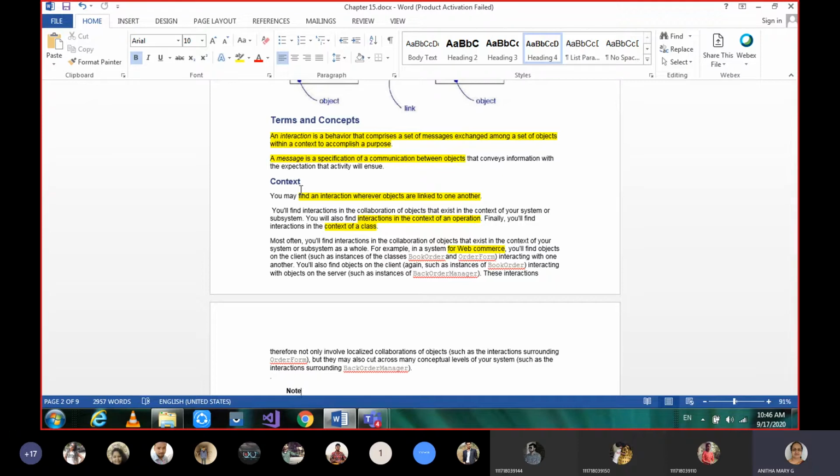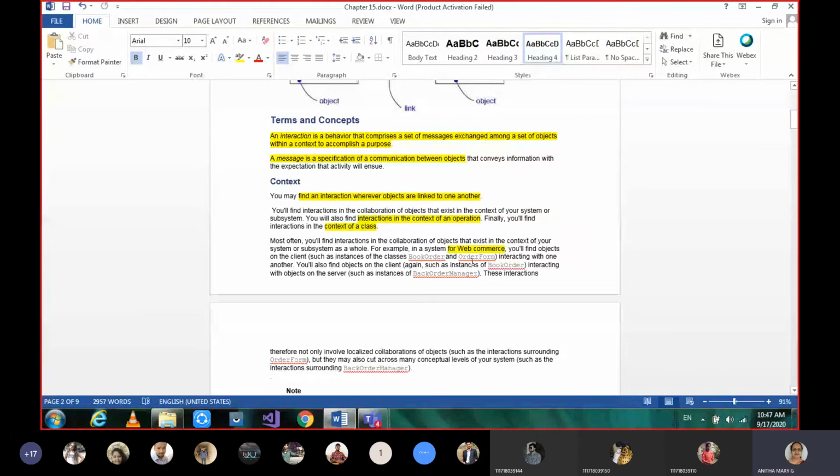We also find interaction in collaboration of objects, and in class diagrams also. And we also find interaction among the different objects we studied in the instances chapter, if you remember: concrete instances and prototypical instances. Concrete are static ones, prototypical are dynamic ones. All such things can be the context for interaction.